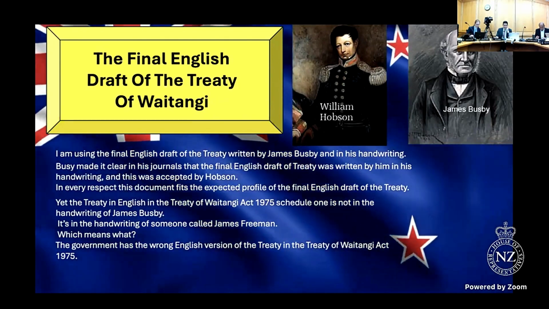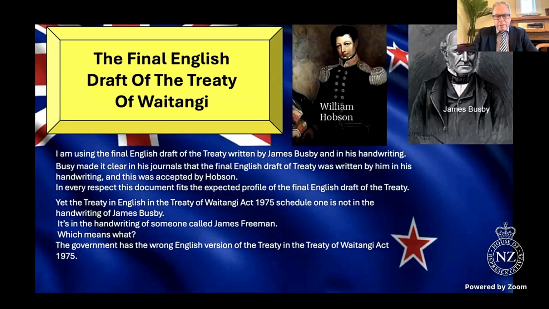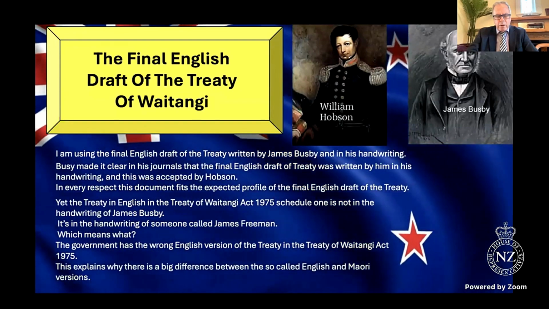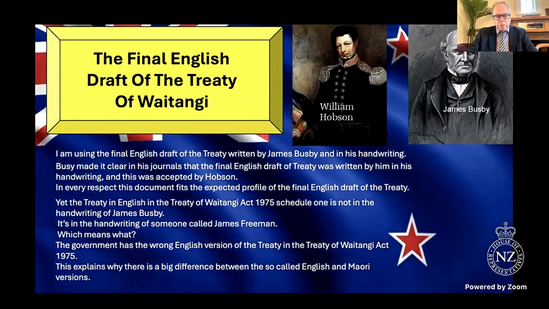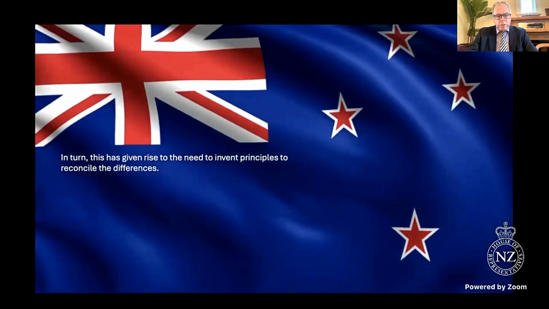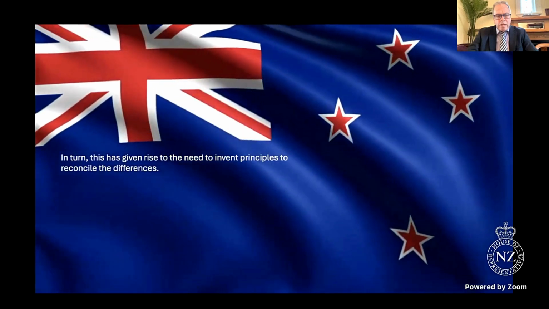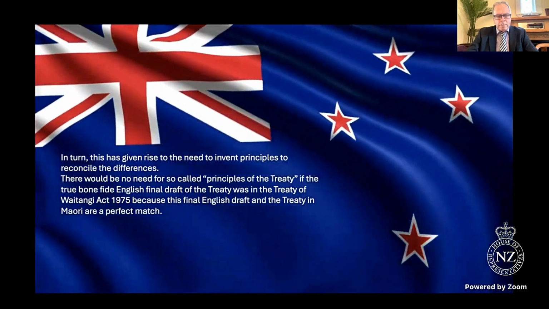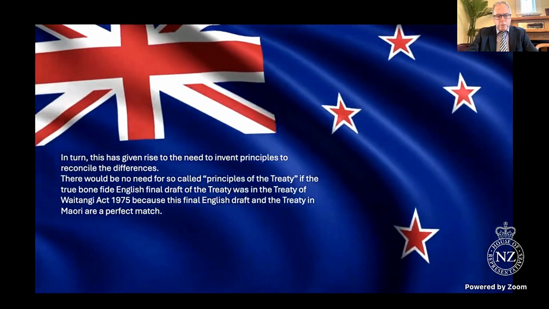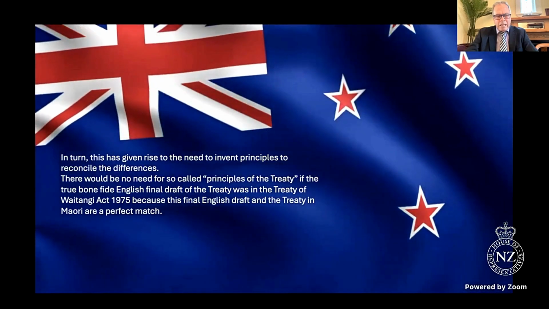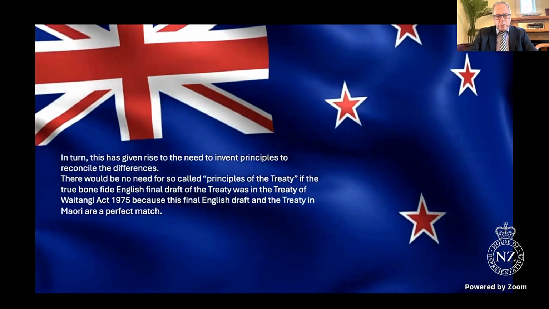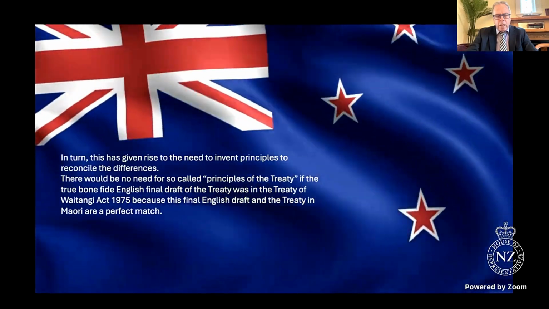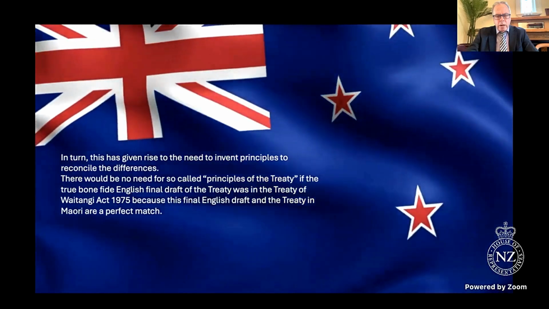The government has the wrong English version of the treaty in the Treaty of Waitangi Act 1975. This explains why there is a big difference between the so-called English and Maori versions. Well, in turn, this has given rise to the need to invent principles to reconcile the differences. There would be no need for so-called principles of the treaty if the true bona fide English final draft of the treaty was in the Treaty of Waitangi Act 1975, because this final English draft and the treaty in Maori